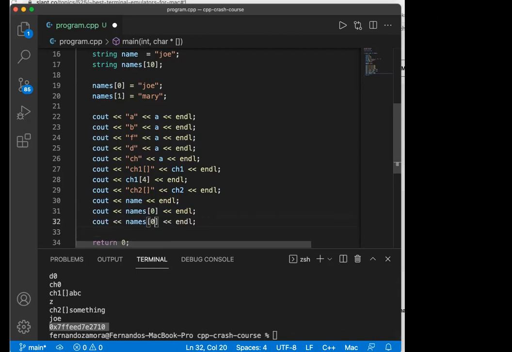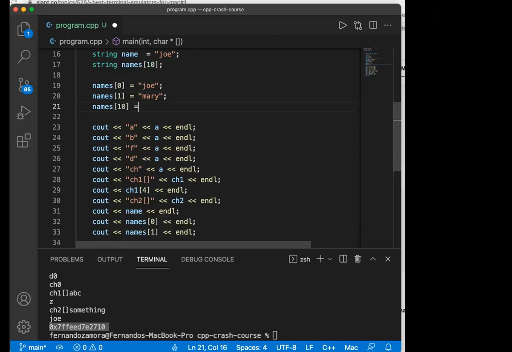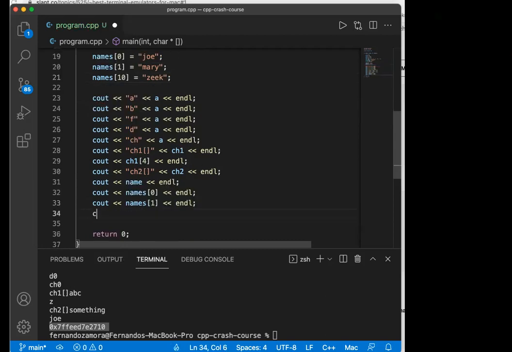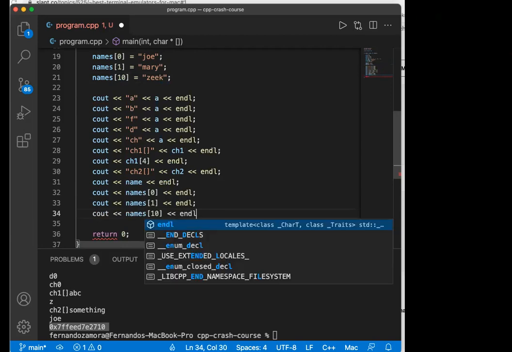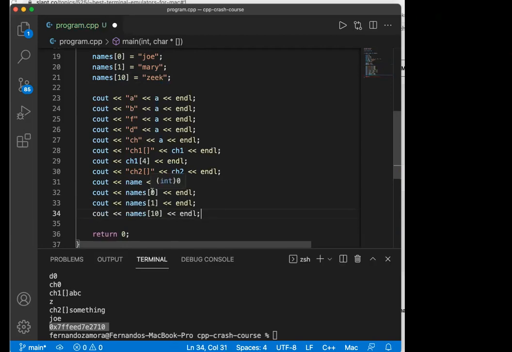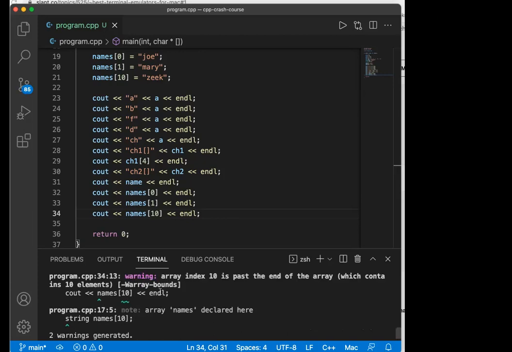And the array, notice it's fixed at 10. I can assign all the way from 0 to 9, but if I assign into the array names 10, which is out of the bounds of the array, and let's say I try to assign that, and then I try to actually read that, I may get an error depending on the compiler, or I may not, but I'm not really allowed to access that. So if I compile this program, then it tells me, hey, look, okay, array bounds, array